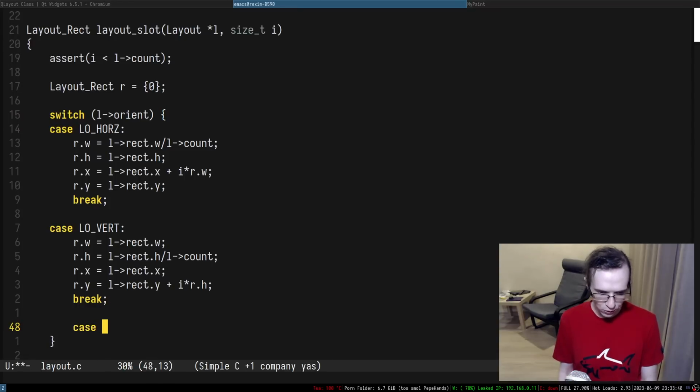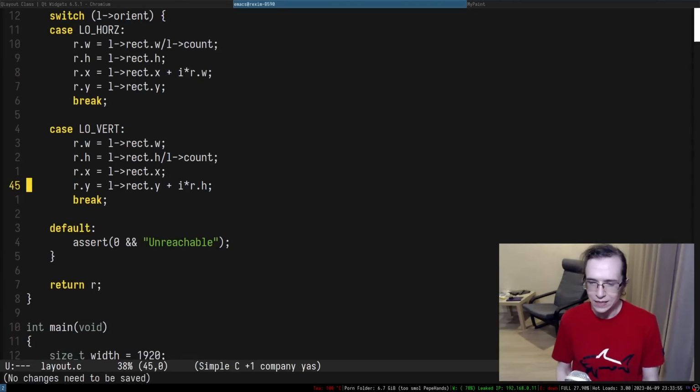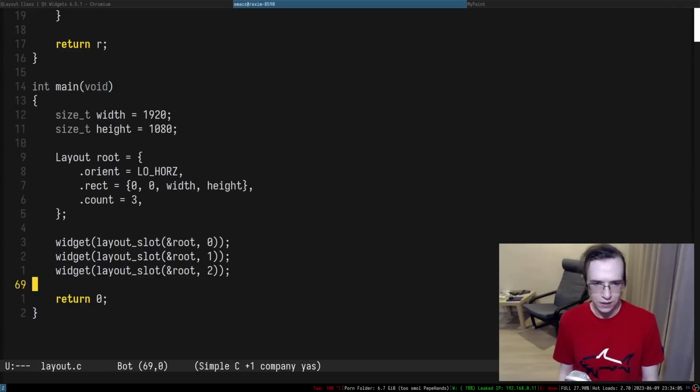So one of the things I would like to do, maybe in the case of the default, is to say that this stuff is unreachable. So assert unreachable. So in case we introduce a new thing in here, it will complain about that at runtime. There is a way to make it complain at compile time, but just in case I wanted it to complain at runtime as well. Because it's C, it never hurts to be a little bit more safe in such a language as C.